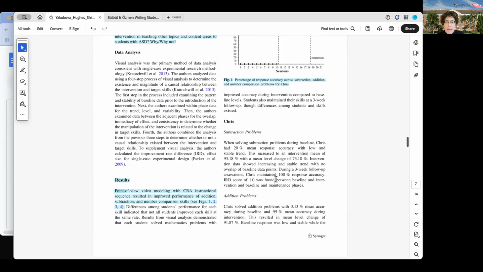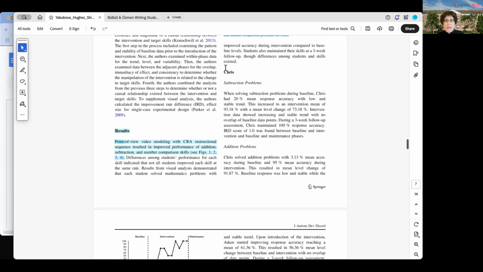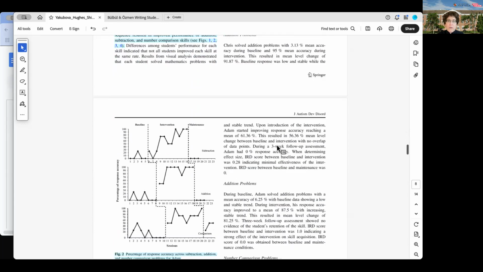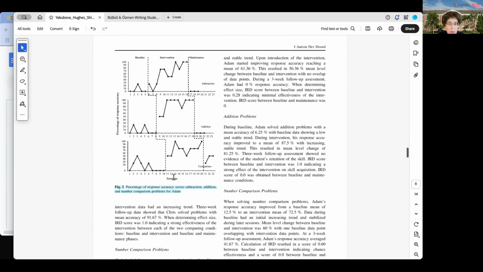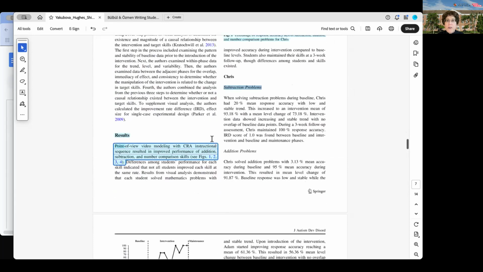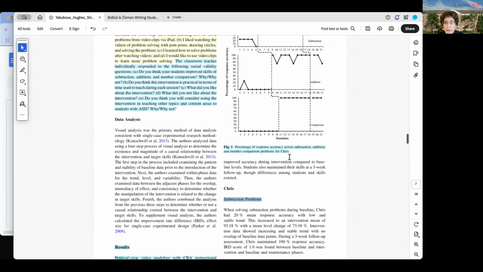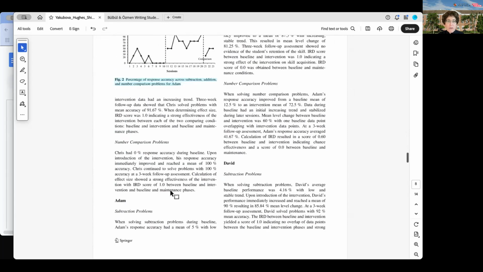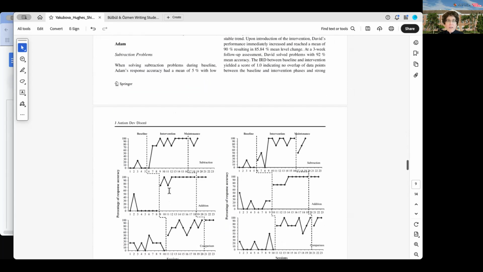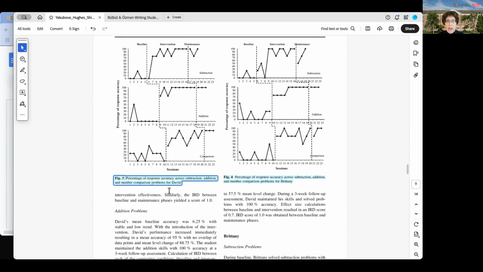So in the article, each child is going to be given information for each one of these skills. Okay, so that's to look at. And then this one is for Adam. The first graph is for Chris, and so on. Okay, so there's a lot to look at, and I didn't highlight, but it's important information to look at,